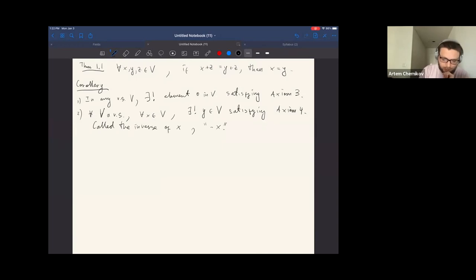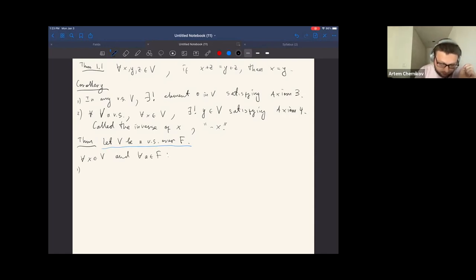Okay. Good. So let's summarize some more properties of the operations. Let V be a vector space over F. And by the way, I might not say this every time, so let's agree that capital V will always denote a vector space, and the field will be denoted by capital F typically. So we have that for all x in V and for all a in F, the following